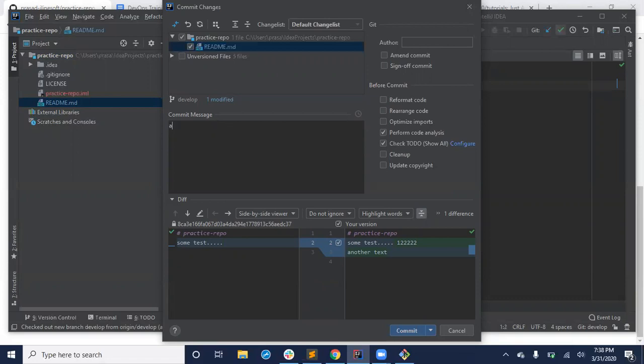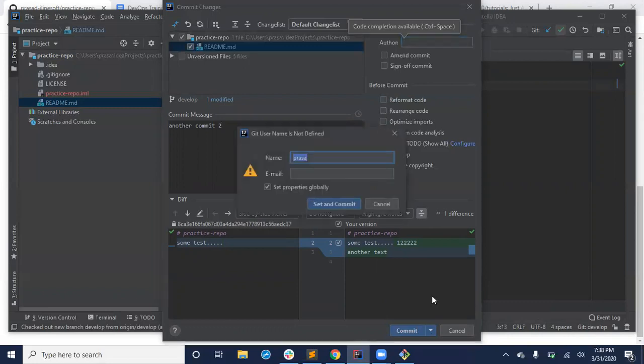Now you'll just say another commit. I'm just showing how easy to do with an IDE. Author, if you want to set up your name, or else it will take automatically. See this thing, by default, the option is commit and push. Basically, it's doing git commit for you and also git push for you. IDE, it's so simplified. Oh, it's asking git username, password.